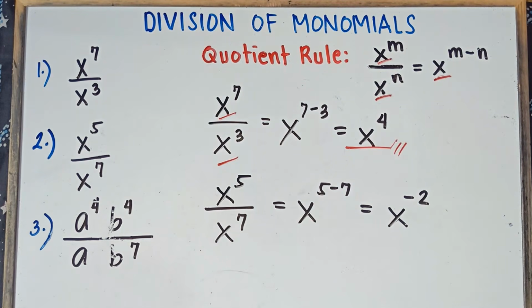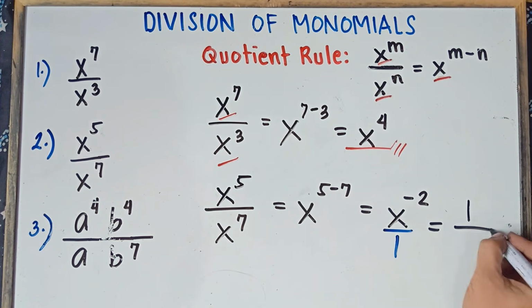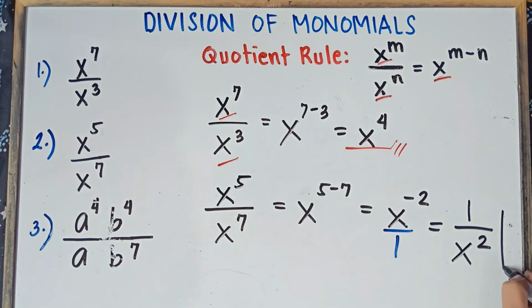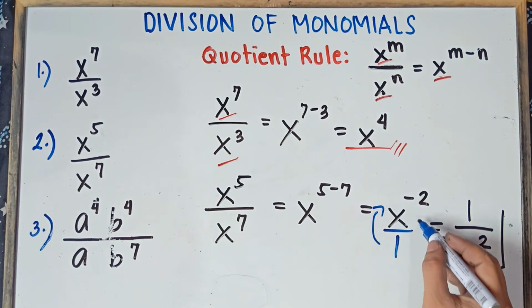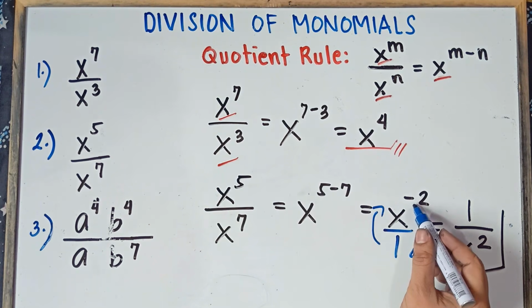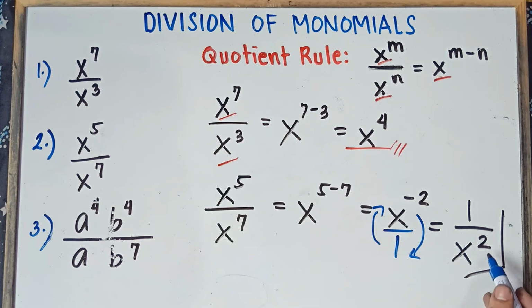Okay, so this one, x raised to the power of negative 2. This is negative. We get the reciprocal. Understood that there's 1 here. So our final answer, that will be 1 over x raised to the power of 2. Okay, get the reciprocal, class. This will be the numerator and this will become the denominator. This is negative exponent. It will become a positive exponent. So that will be 1 over x squared. Once again, class, you're not allowed, class, that your exponent is negative with regards to your final answer. I hope it's clear for you, class.